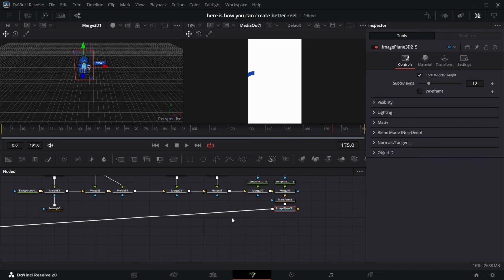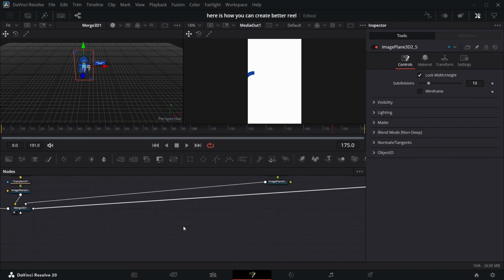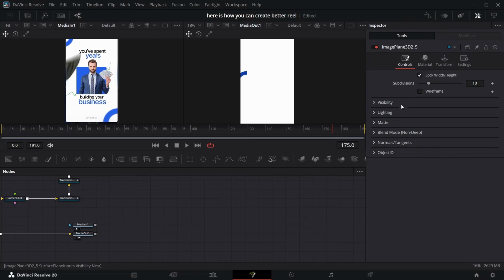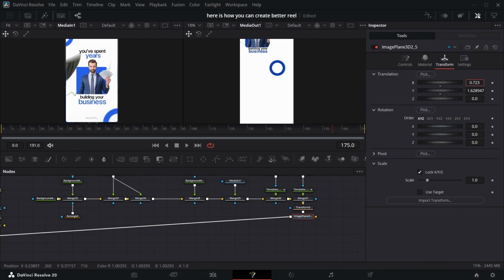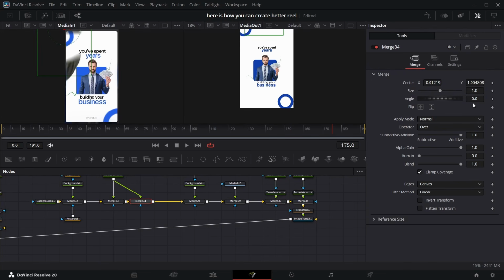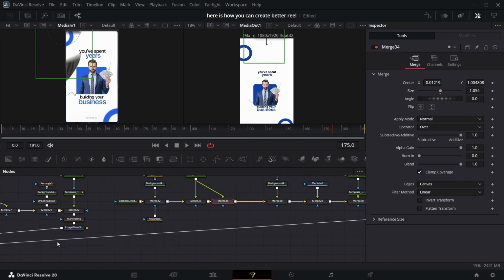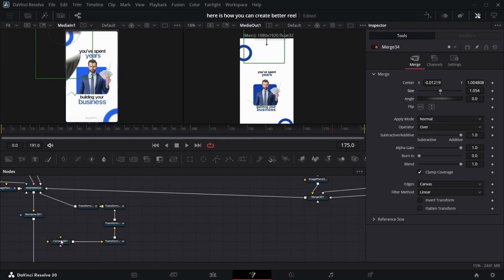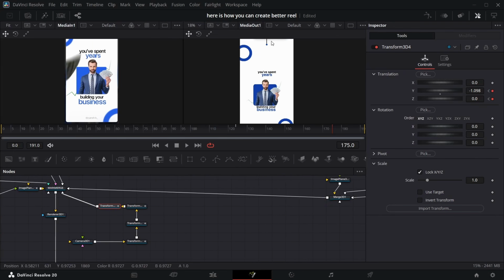Now we can go back to this one and try to fix it. Come to this transform. We're just going to shift this one to the side. Now we can increase the size of these circles. Let's just increase one of these. Let's go back to this transform. You see that this one is still in place, so you need to take it completely out. Now we're just going to add a little bit of